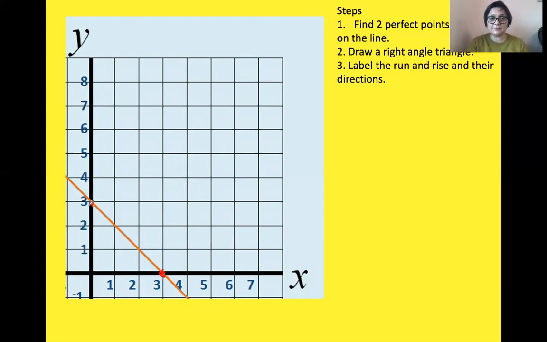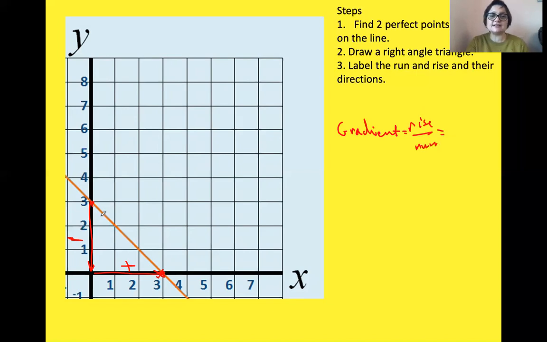So if I start from the left, the point on the left-hand side, then I could go down, so it's negative, okay? And then right, positive, down and right. So the gradient is going to be rise over run. So gradient equals rise over run